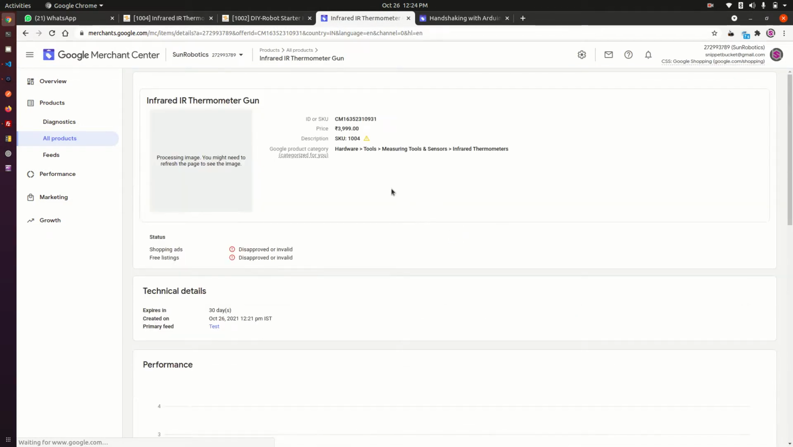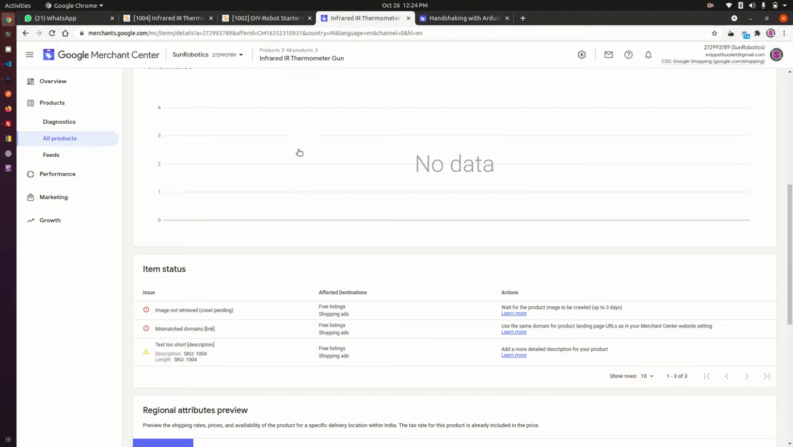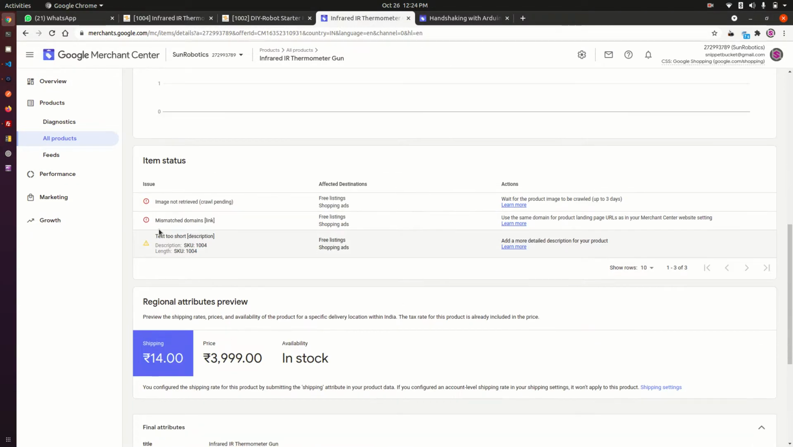We can see here that this product is updated, the image is processing, and crawling is still pending. Google is still trying to crawl that one. There is a mismatched domain because the main domain is not used right now. We have used a subdomain for testing, but when we use the main domain, it will remove this error. Text description is too short. Yes, we have given it too short. So when we give the proper description according to the documentation and submit the details,